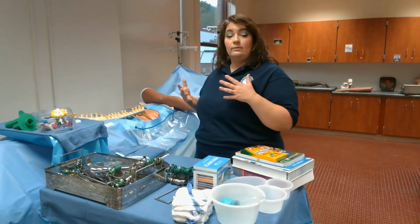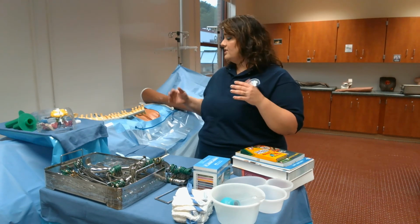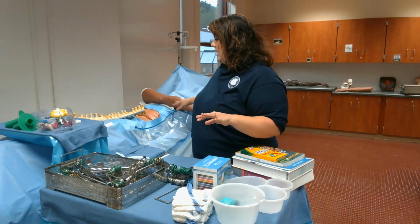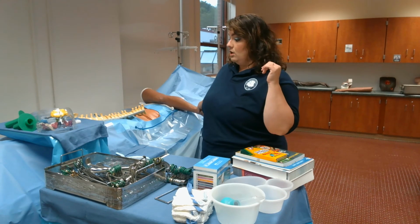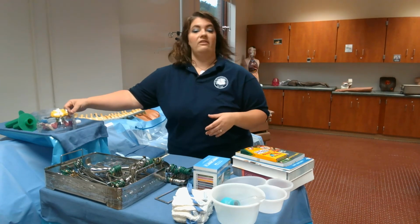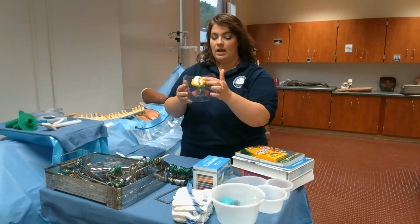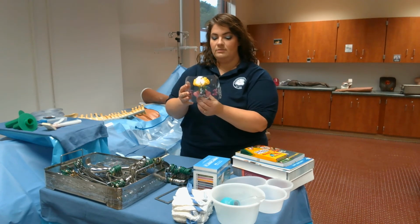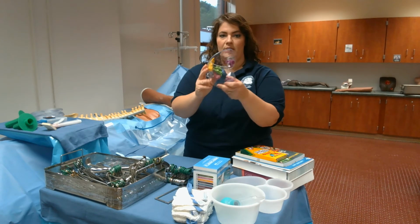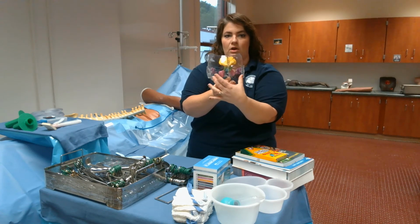I'm also really, really excited for our anatomy and physiology models that we have, as well as our simulations. I have just a few here that I pulled out. Our larger simulations are in our other room, and they're a little too large to adequately show you through a video stream. But some of the anatomy simulations we have, this is our ear, nose, and throat simulation. This shows all of the sinus passages. If you can see in the back here, it's a little bit hard to see, but this is a clear skull that is showing all of our sinuses,